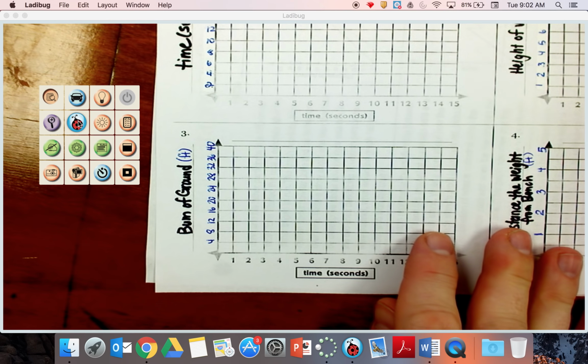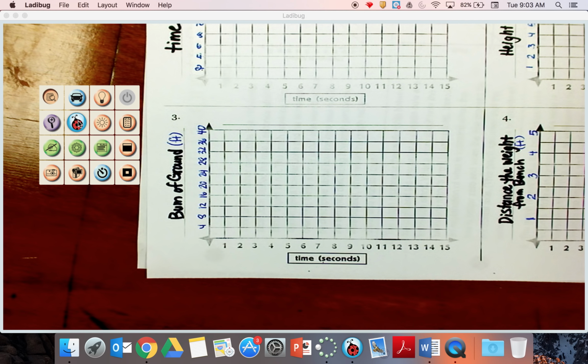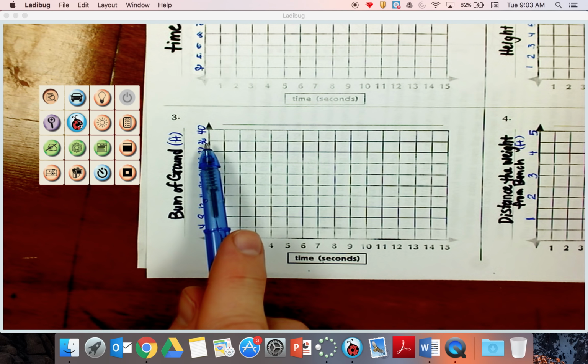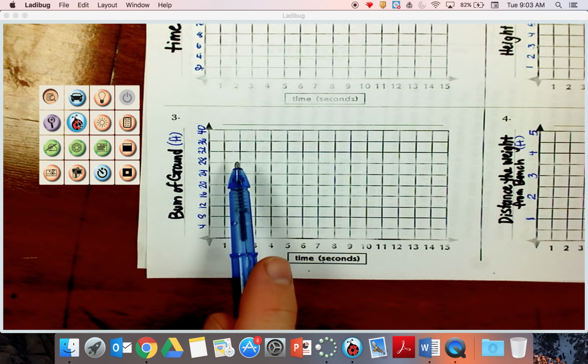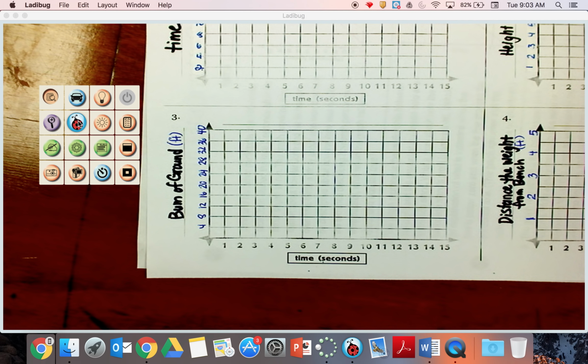The third one is, it's a British video, so that's why they say a bum off the ground, or in this case the person's rear end. They'll be going down a slide, and so they'll be at the top of the slide, and then we'll be sliding down, and the video will last 15 seconds. So we're comparing time to the bum on the ground, and notice that if they're on top of a slide, would they be starting down here at 0, or would they be kind of up here someplace? And where is the position of their rear end according to what the video is showing as it's going? How does it change as it's going down one of those slides? See if you can graph it